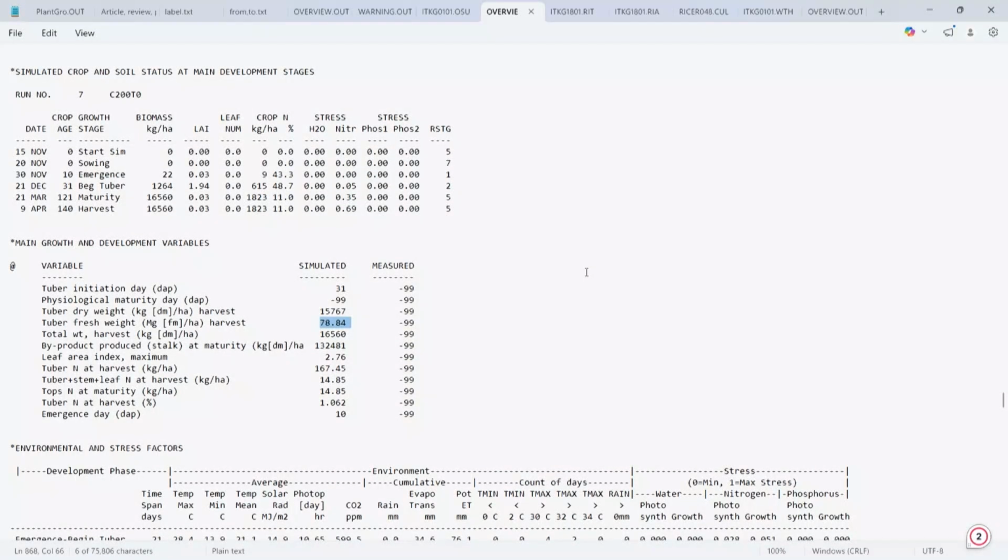So, as per the increasing CO2 at the same temperature, rising CO2 levels enhance the tuber formation, the tuber production, but at the same CO2 levels the rise in temperature has an adverse effect on the potato tuber production. So, that is the point we are mentioning here.